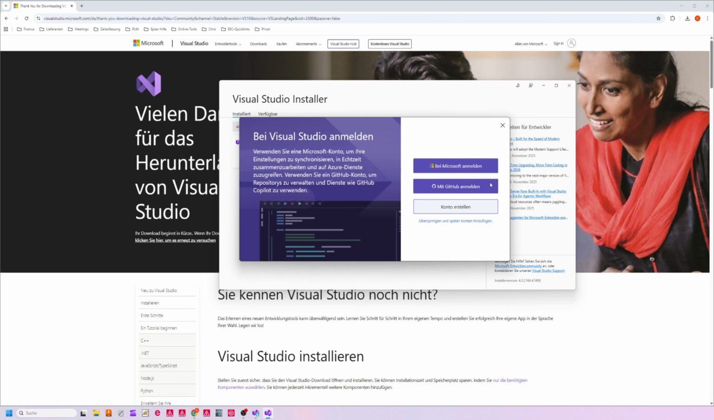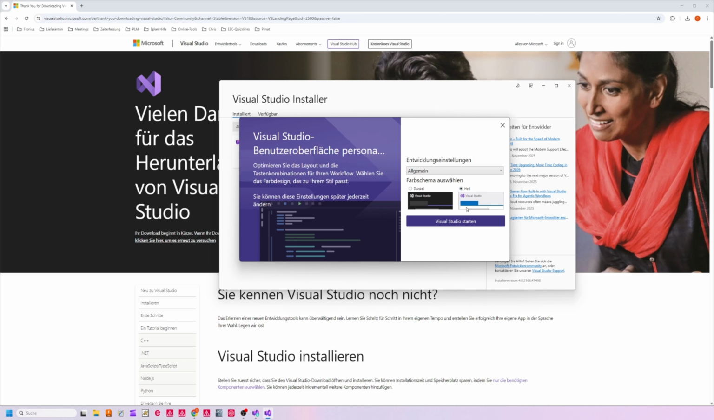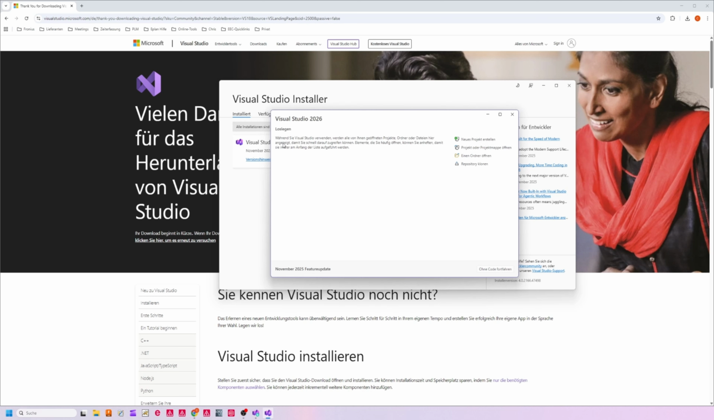Visual Studio is asking us if we want to log in with our Microsoft account. But for now we skip this part. I use the light mode so you can follow my instructions a little bit better. And now we are ready to start. We could start by creating a new project or start without using a code. Right now we will start without using a code,